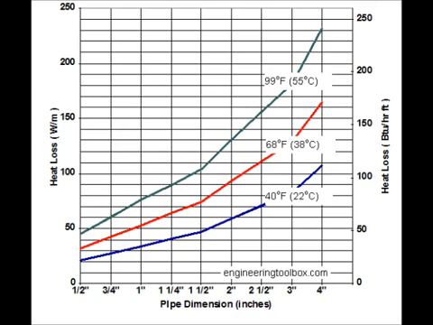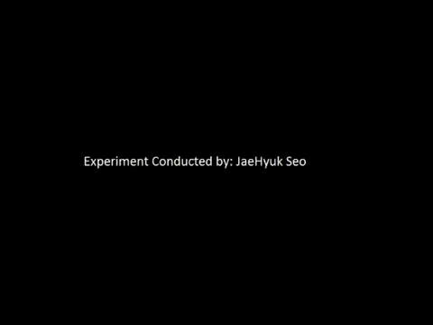Transformer designers cannot change the current or the current portion of the I squared times R losses, which are defined by the load requirements. They can only change the resistance or R part of the I squared multiplied by R by using a material that has a larger cross-sectional area to reduce the resistance. So, using proper material with large cross-sectional area to maximize the energy efficiency is why huge